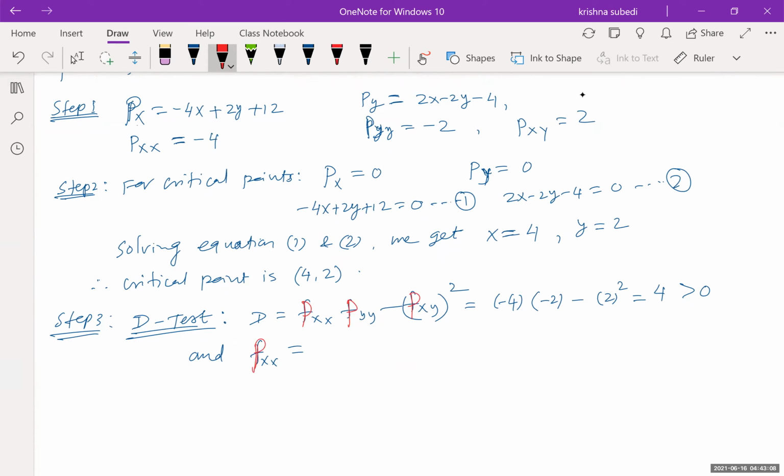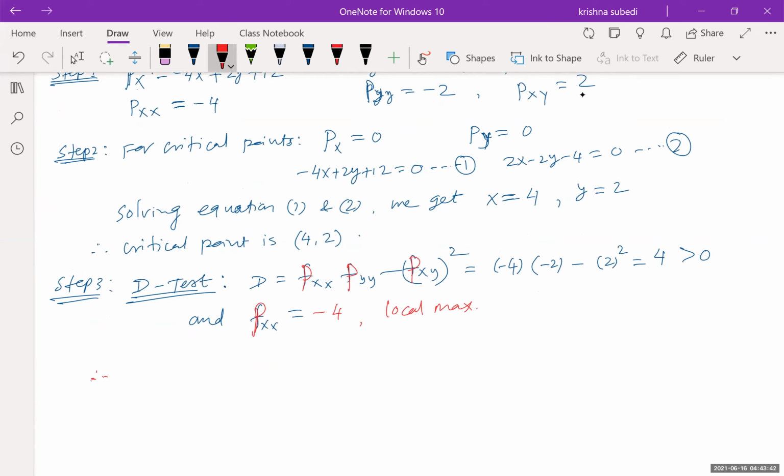So the second derivative P sub XX is, we already know, negative 4. Now, D is positive, but the second derivative is negative, which means it's concave down. When concave down, the shape of the graph will be like this, so it has a maximum. When the second order partial derivative is negative, we'll have a maximum. So maximum here means local maximum, or relative maximum. Okay, therefore, the final answer is